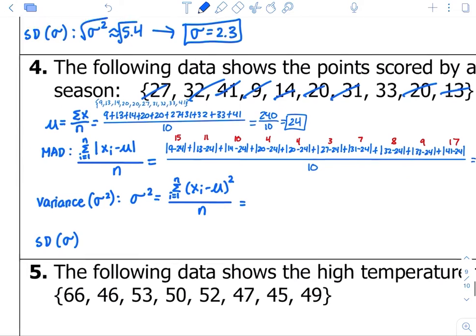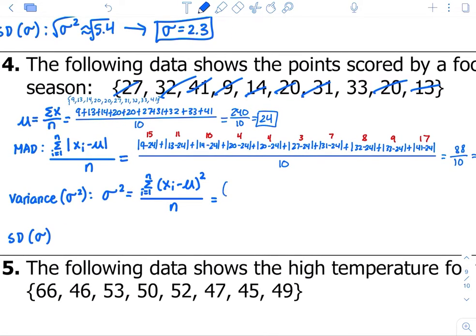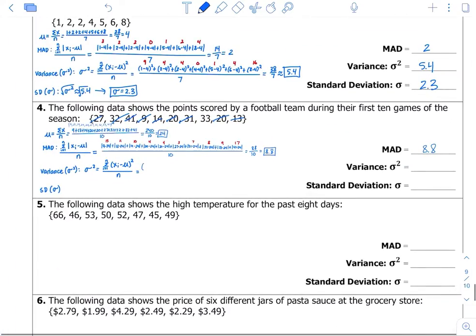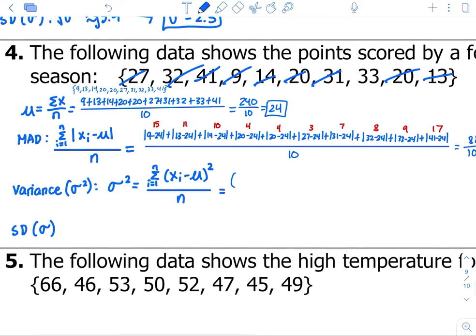And now we got this. So as you guys can see, the more you do this, the more you start getting used to the pattern, right? Summation. So what's the first one? It's 9 minus your mean, which is 24,